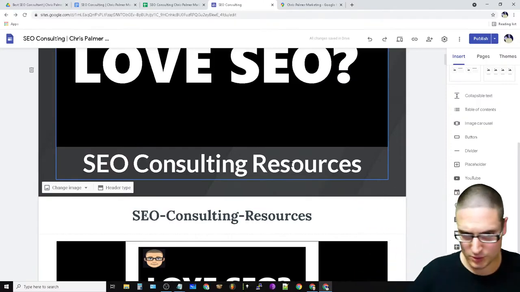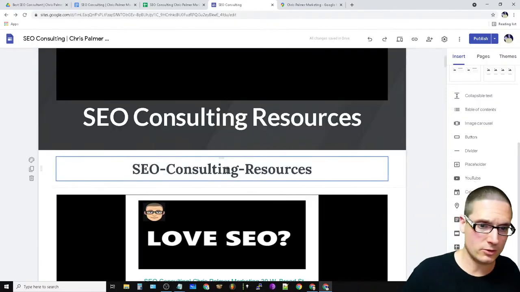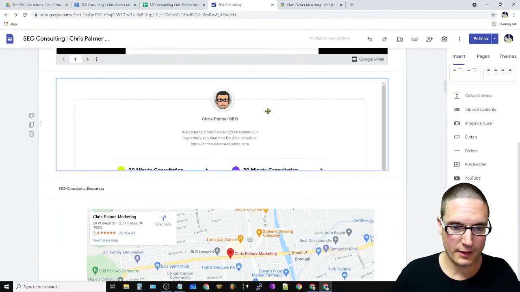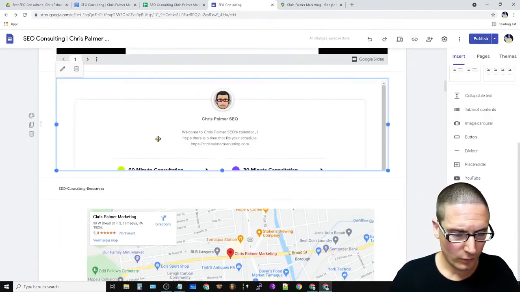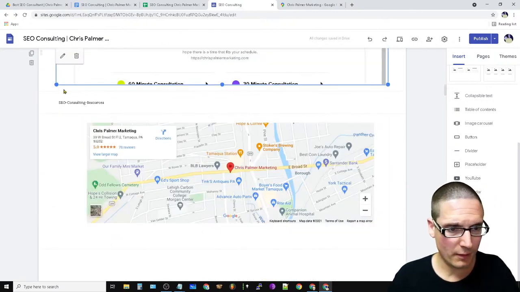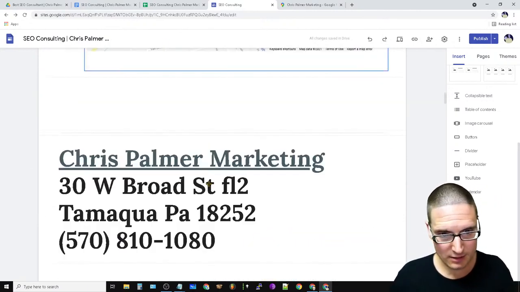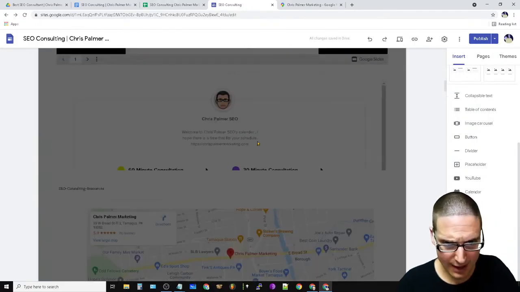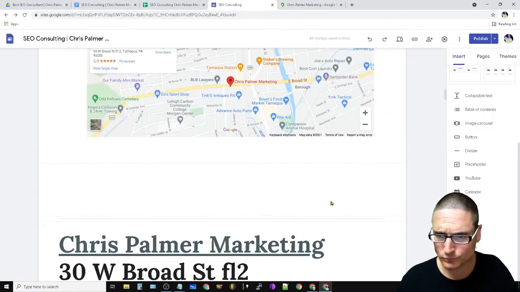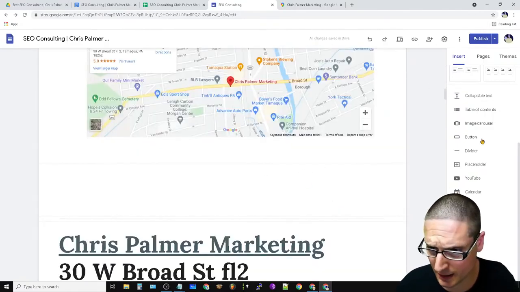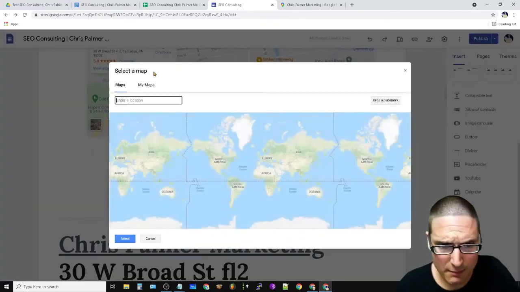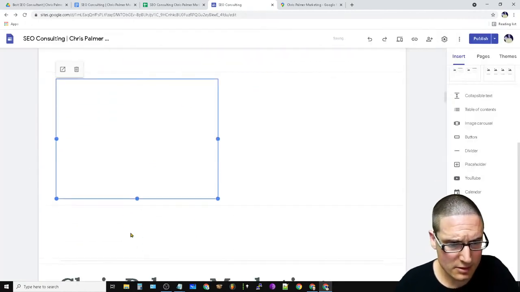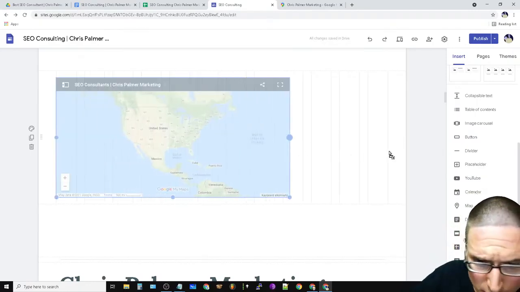Okay, this is our resources page. See how we did that? We took everything out. It's exactly what we told them it was going to be. All right, now this, I could move up, and then we want to repeat it again in the body text. Okay, we have our NAP information. I have my map embedded, right? The only thing I need inside of here, though, is I need to get my maps. So my map, and then we're going to do the SEO consultants and select, put that inside of here, bring this over.